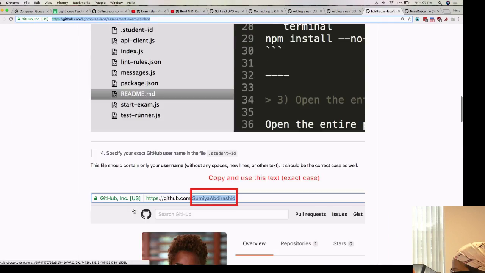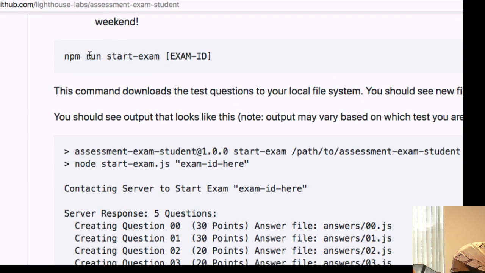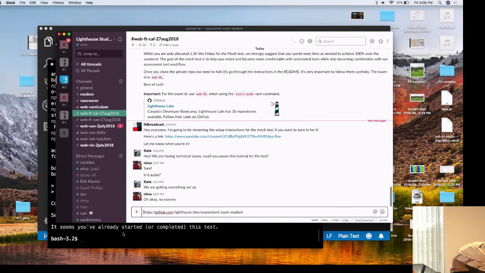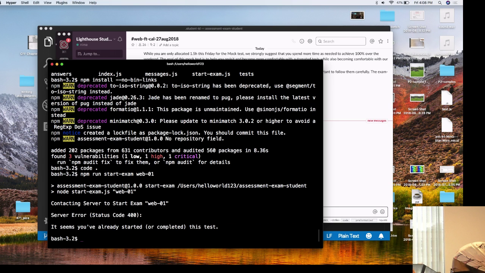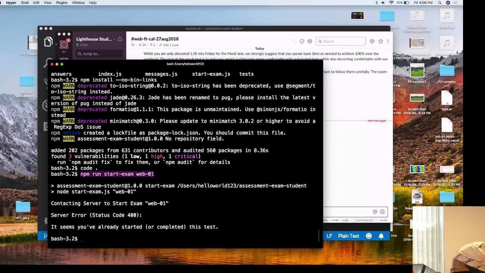And the command you're using to start the exam is npm run start exam web 01? No brackets. Yeah, so you're going to write it like this. Let's see, I think.